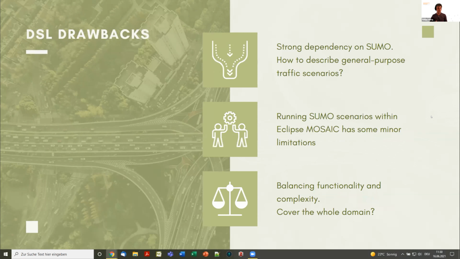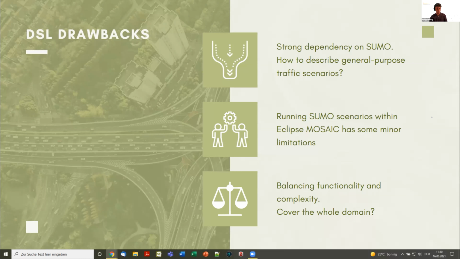However, there are still some drawbacks as we are in an early phase. So our DSL is a little narrowed down to SUMO. The structure looks a little bit like a SUMO configuration file. So we need to find a way to describe it in a more general-purpose way. And also running the SUMO scenarios within MOSAIC has some minor limitations yet,